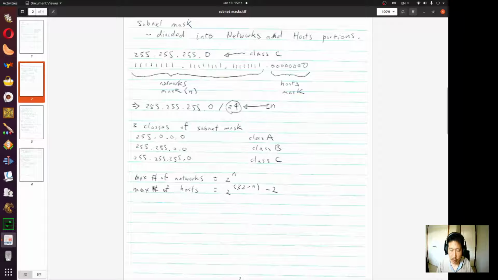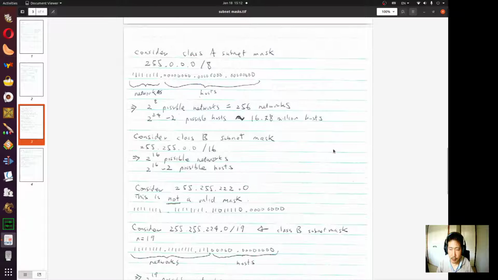Okay, the max number of networks is formulated by 2 to the power of n, where n is just the number of bits that are turned on, in this case 24, and the maximum number of hosts is just 2 to the power of number of bits that are turned off, in this case 8. So it's 32 minus 24 is 8. Okay, and then you subtract 2 from it. Okay,